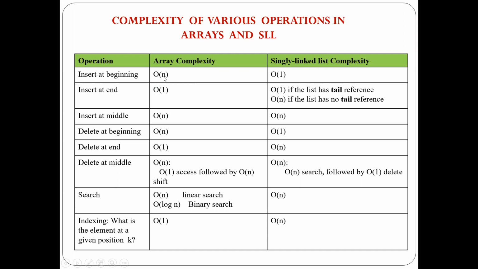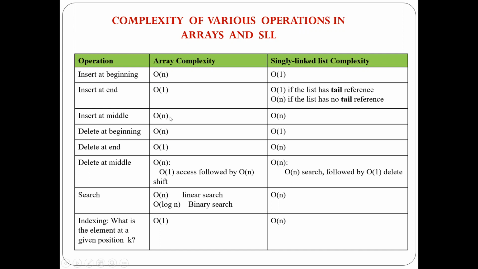And here insertion at the end is very easy in case of the array. It is coming like big O of 1 here, because in an array, random access is present, so I can directly go to that position. And the last node deletion doesn't require any shifting there. So that's why it is coming like big O of 1. But in case of the single linked list, if the tail reference is given, it is big O of 1. That means if I have the tail pointer with me separately, then it will directly come like big O of 1. But if no tail pointer is present, then big O of n is there. Normally, we are not using the tail pointer. So you have to remember that in case of the single linked list, for insertion at the end, the time complexity is big O of n.